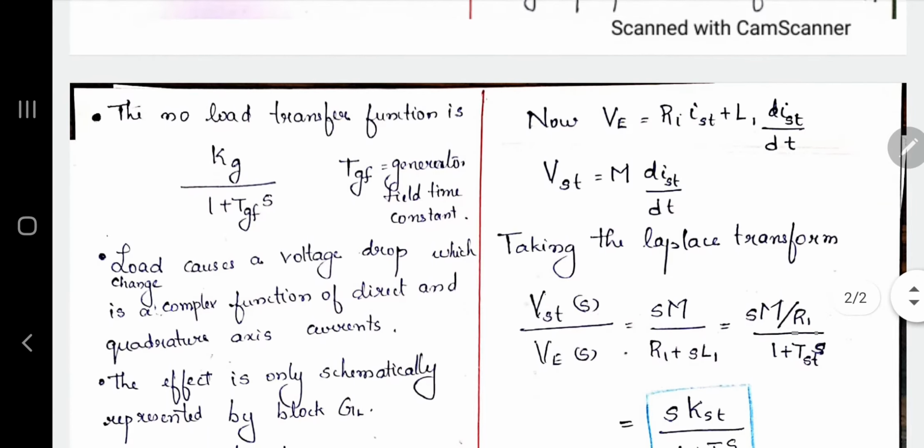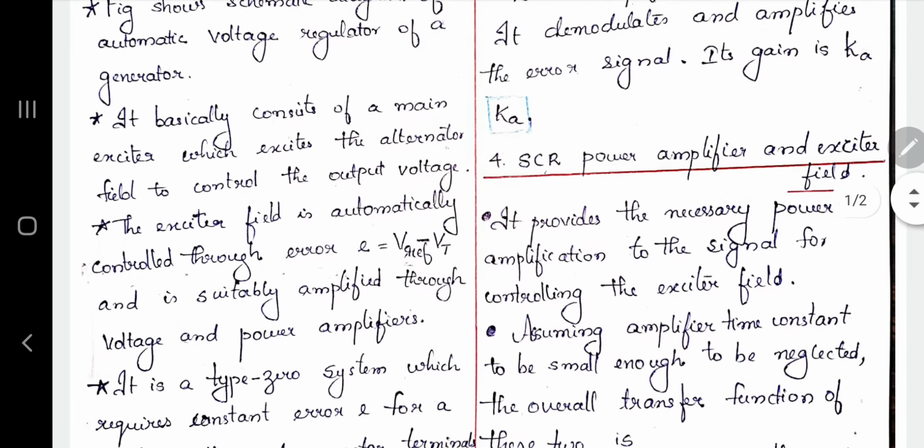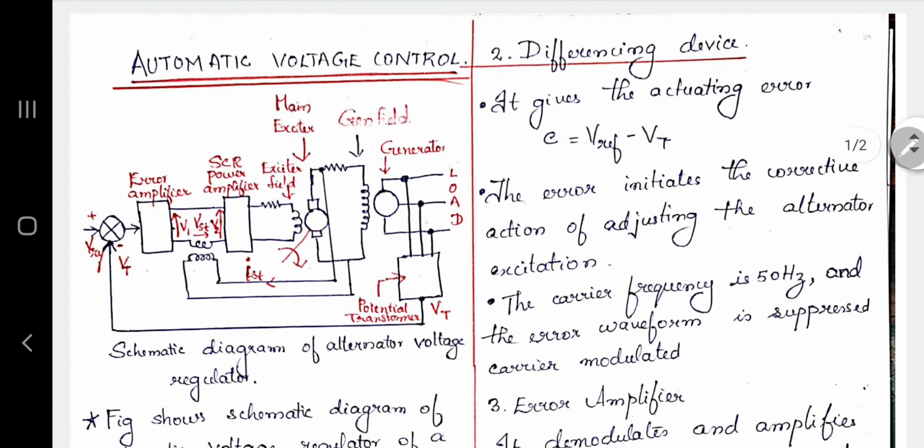Now let us write two equations for deriving the transfer function of the stabilizing transformer. Let's go through that block diagram and write the two equations, VE and VST. What is VE? VE is the voltage which is appearing across the exciter, and how can we write the expression for this voltage? You can see that the current through the system is actually IST, that is the current flowing this way.